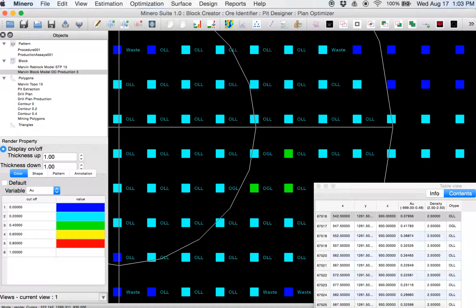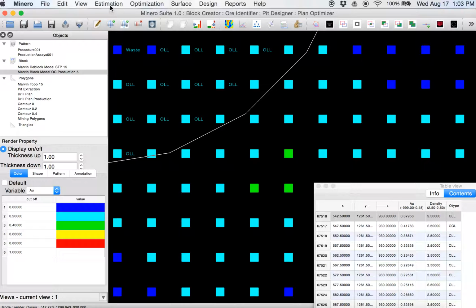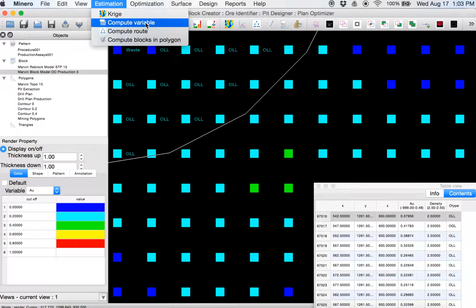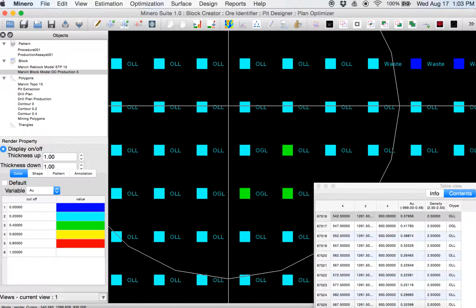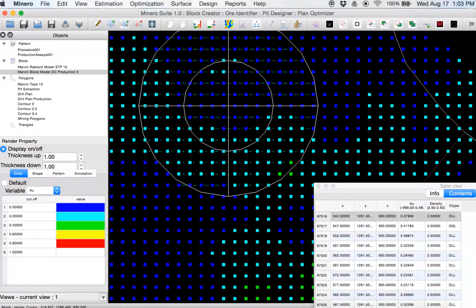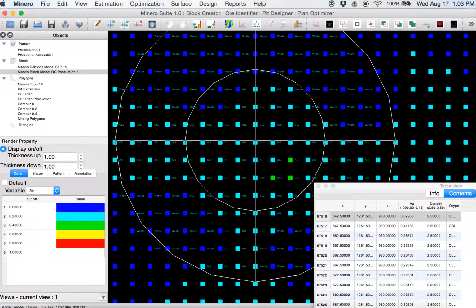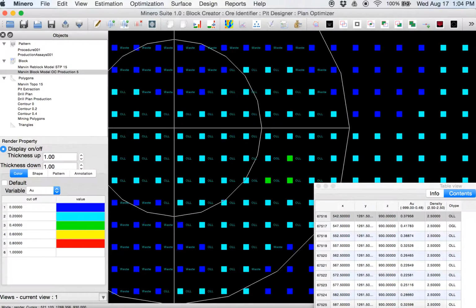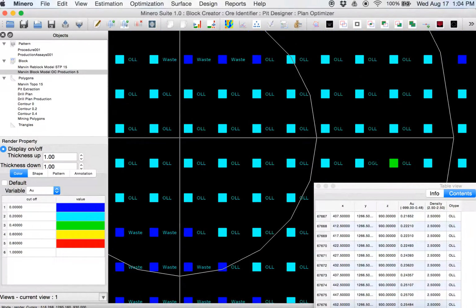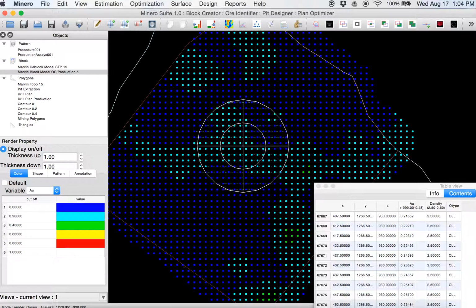These routings were predefined here in Minero using, again, compute route or compute variable. We can classify our deposit block by block and visualize how this deposit looks.